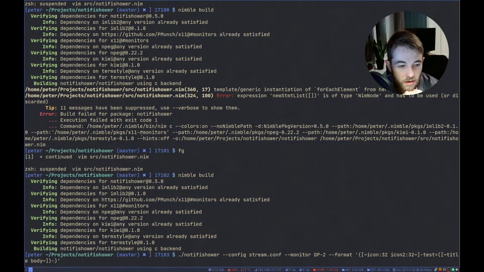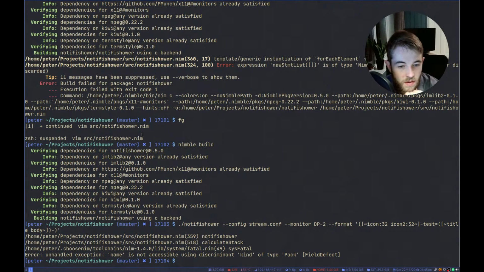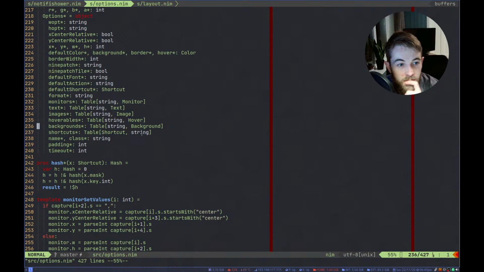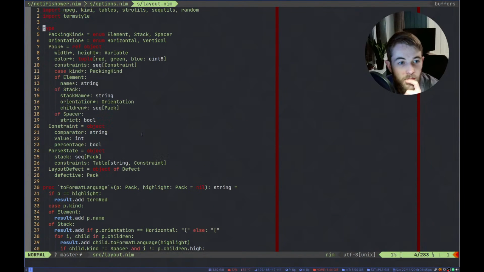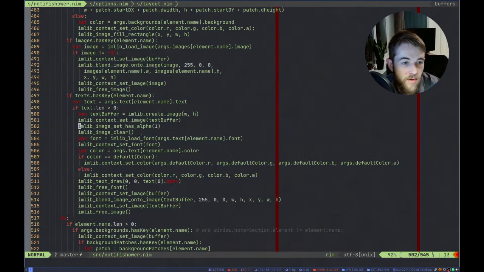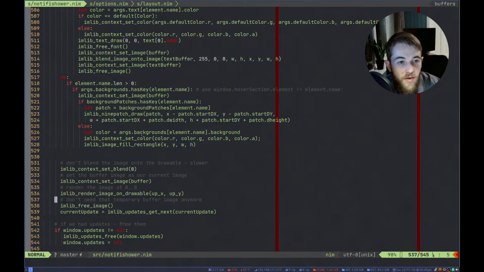And run this. Name is not accessible. Right. So it's now complaining that this thing doesn't have name when it's a stack, and that's true because it's called a stack name. So down here, this is not element.name.